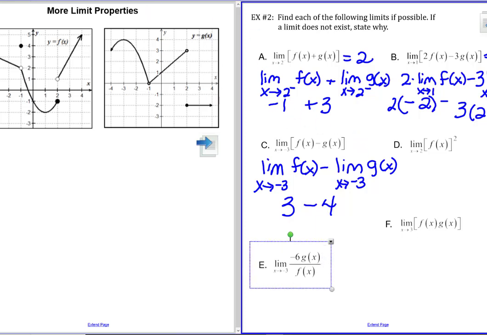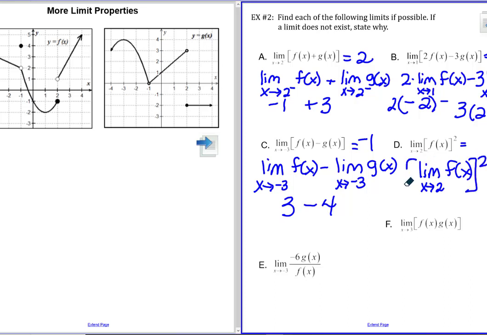So this limit is -1. And then the limit at 2, so we want to take the limit as x approaches 2, the general limit for f of x, and then we'll square that value. So the general limit of f of x at 2